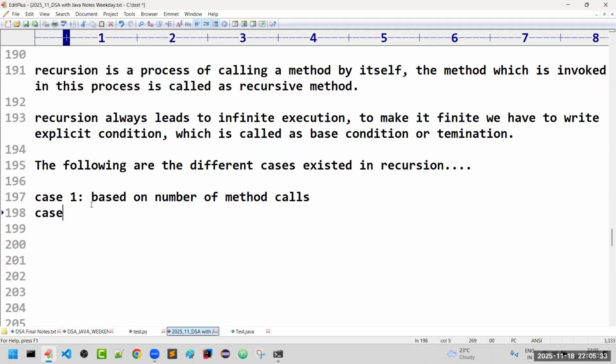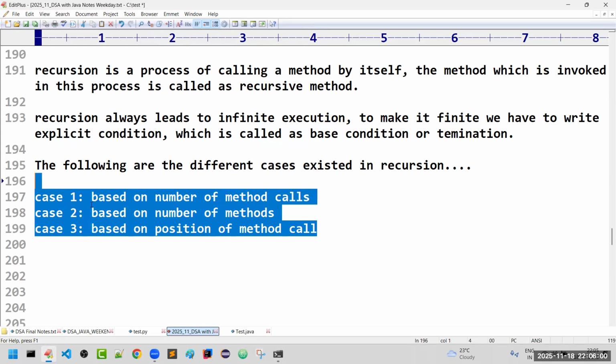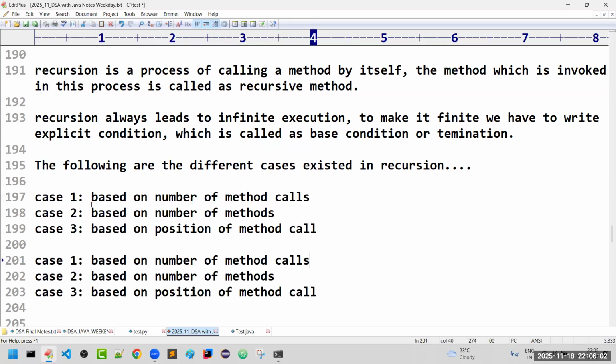What about the second one? Based on the number of methods, not method calls, based on the number of methods. And the third case is based on the position of the method call. Like that, multiple cases are there. Let me talk about them one by one.